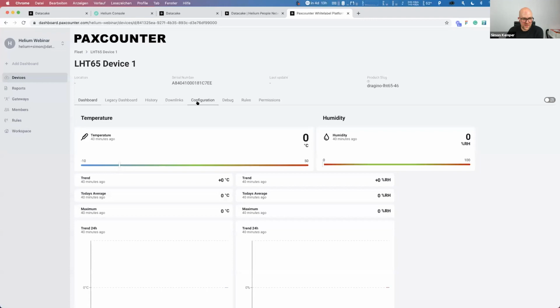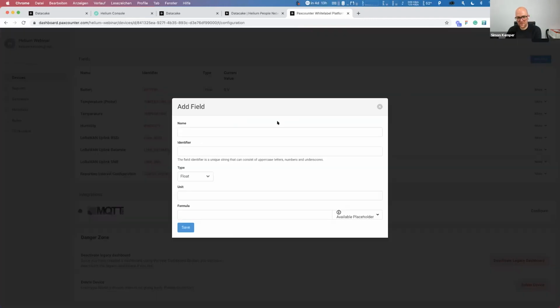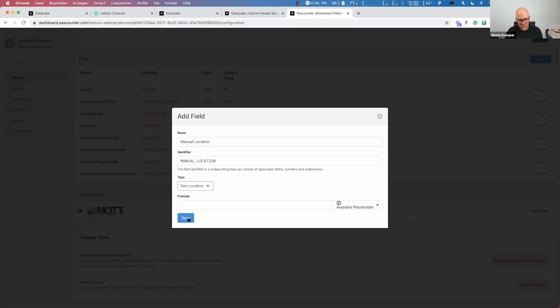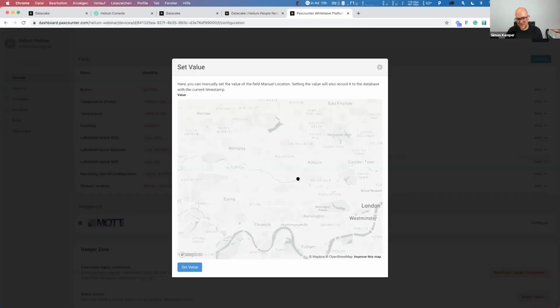What you would do is in the configuration, you create a new field. That's how our database works, through fields. And you would call that manual location. You select the type, which is geolocation. It will be added at the end of the list here. And on the list, you've got this more option, and then you can override the fields. So you can set manual